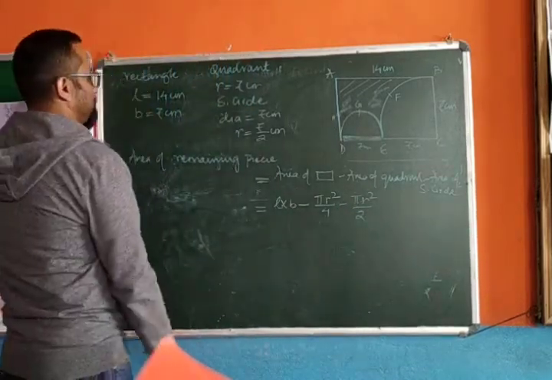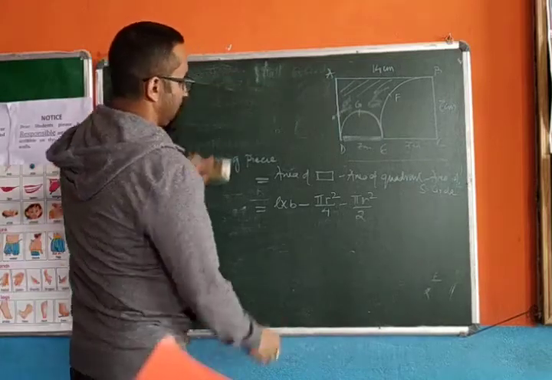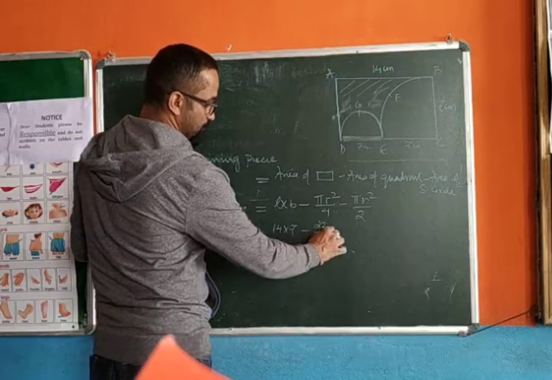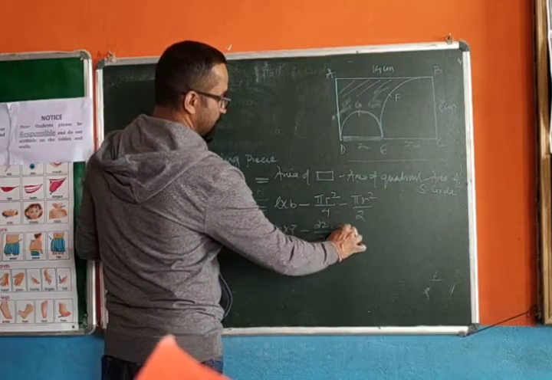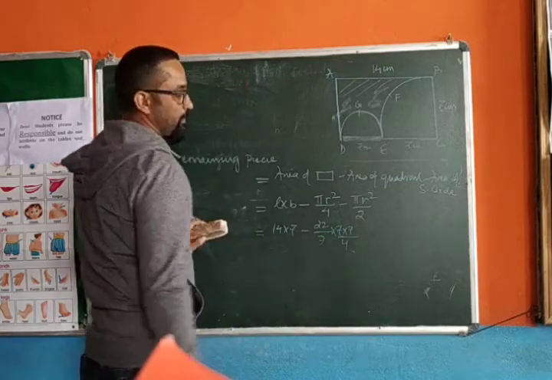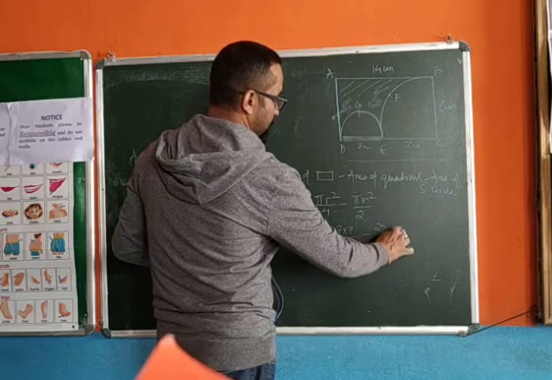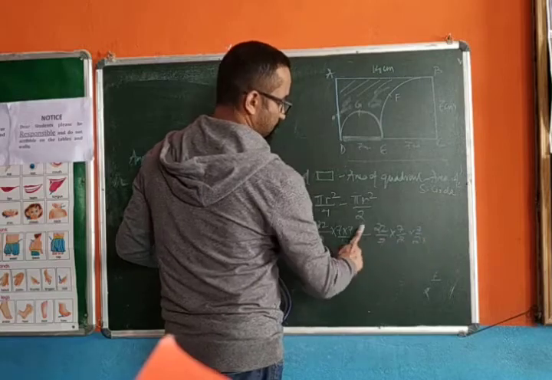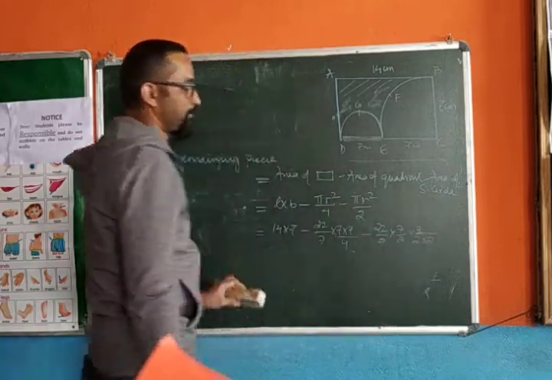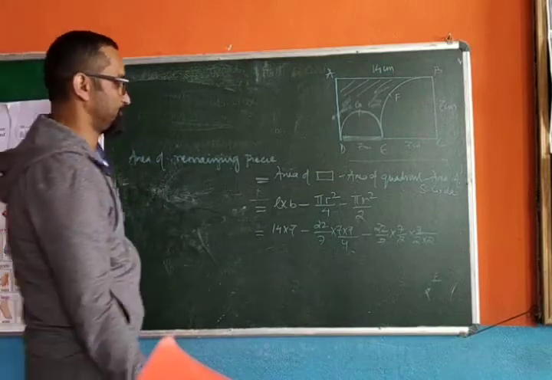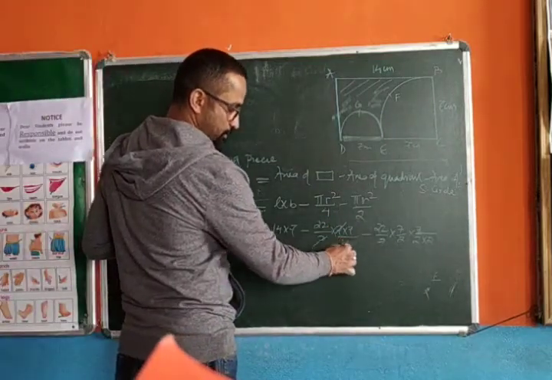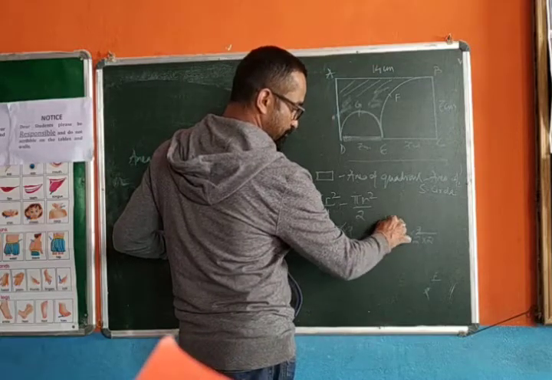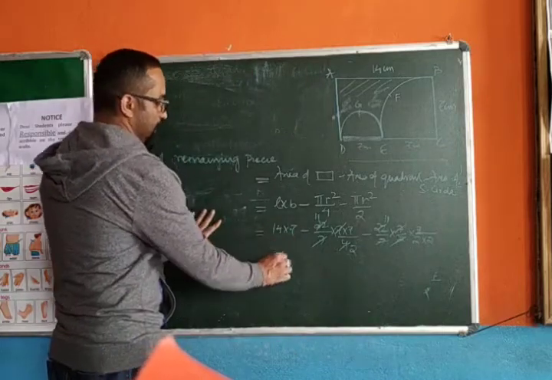Substitute the values. Length of rectangle is 14, breadth is 7, minus 22 by 7 into radius 7, 7 divided by 4, minus 22 by 7, radius is 7 by 2, 7 by 2, with 2 at the denominator. Now proceed with calculation. 7 cancels, 2 11 times. 7 cancels, 2 11 times. 98